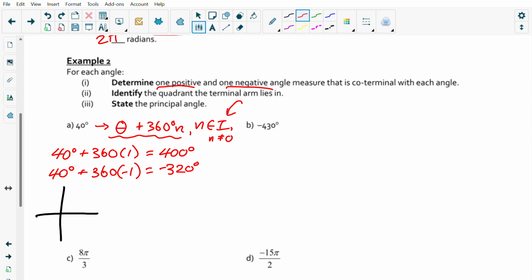Okay, let's look at this visually. So if I go 400 degrees, I'm going once around. That's 360, and I go 40 more, a little less than halfway through quadrant